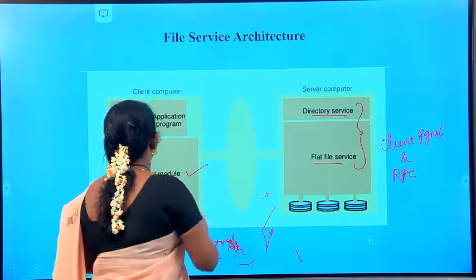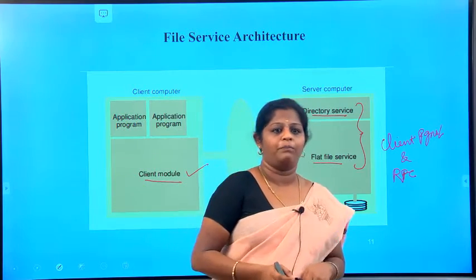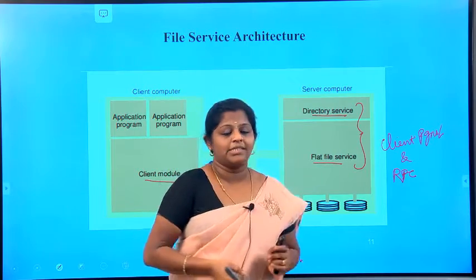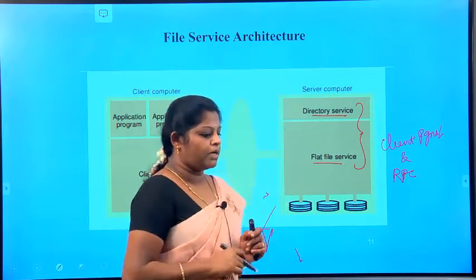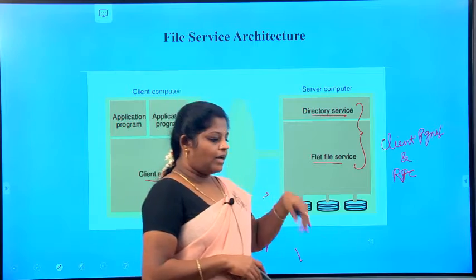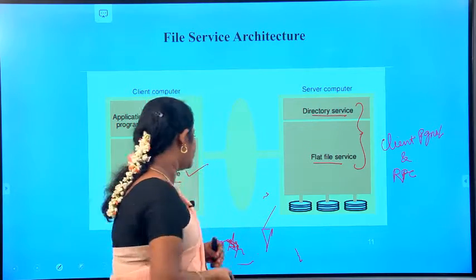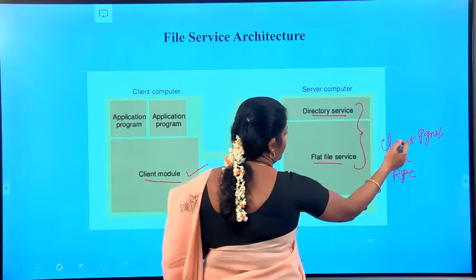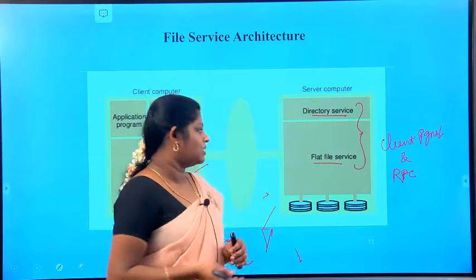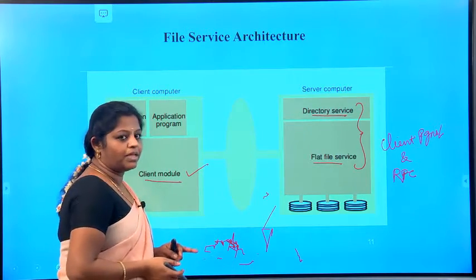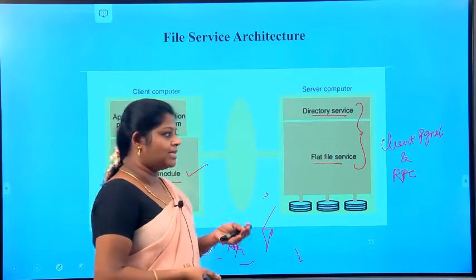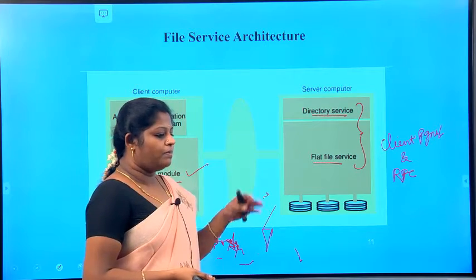So next one is the client module. This will be on the client computer, and it will be application oriented. The client module provides a simple programming interface with operations on the file, similar to the operations we do on files in conventional file systems. So the client programs and the RPCs provide the operations for the particular file access, and the client module uses a simple programming interface and provides operations like the file, as found in the conventional file systems.